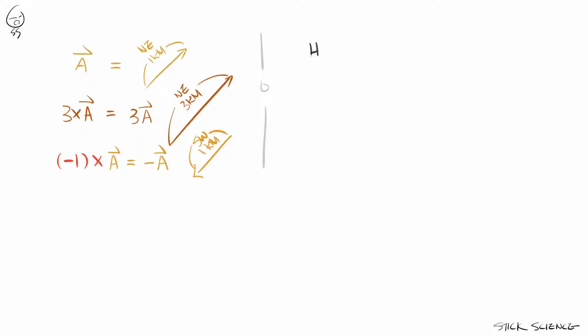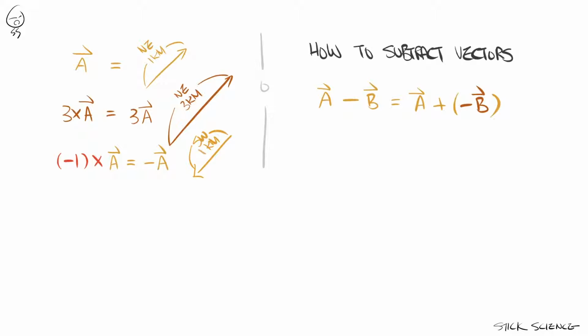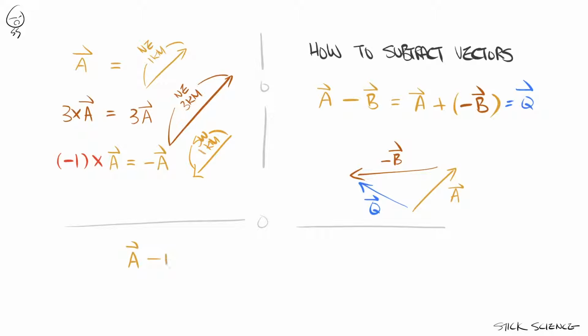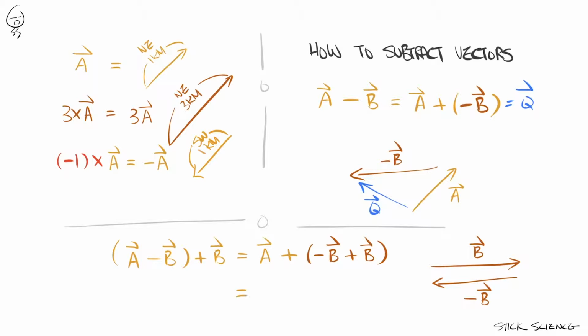This leads to the final point of this episode, vector subtraction. You might wonder why vector subtraction is dealt with under the title vector addition. Well, it's because vector subtraction A minus B is actually adding vector A with vector minus B. So in reality, we're still adding. The only difference is that we're adding vector A with a vector whose direction is opposite to vector B. One final note, can you calculate what vector A minus B plus B is? Since order in vector addition doesn't matter, we can rewrite the question as A plus minus B plus B. Since minus B plus B will bring you straight back to where you started, the answer of course is vector A.